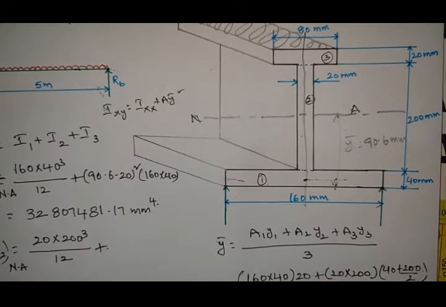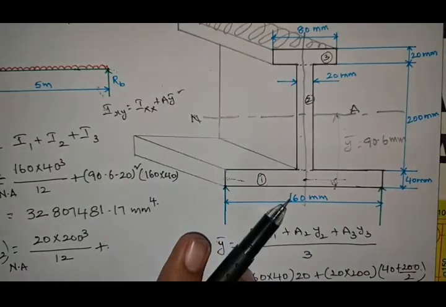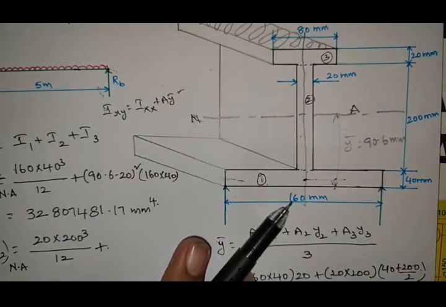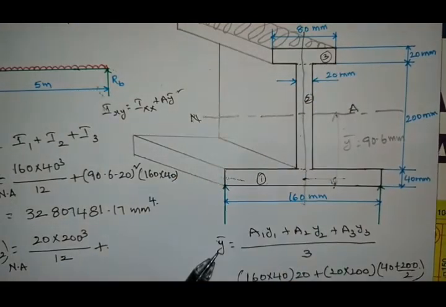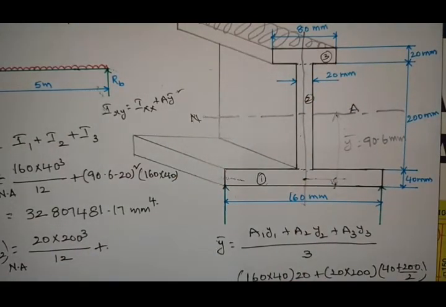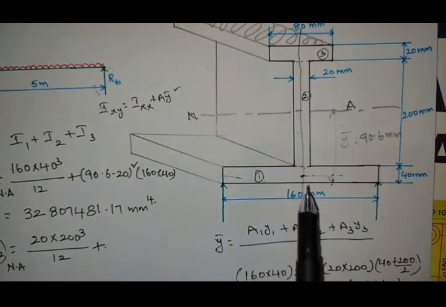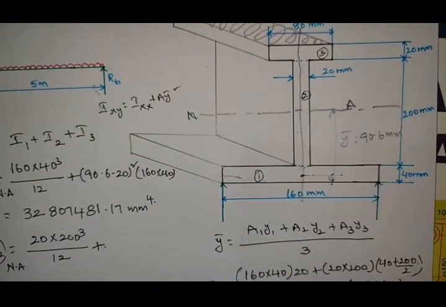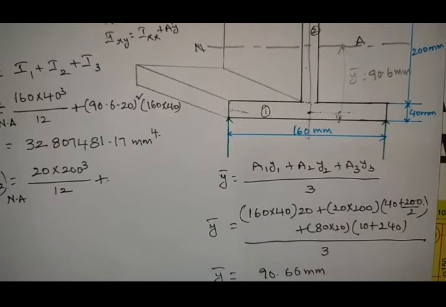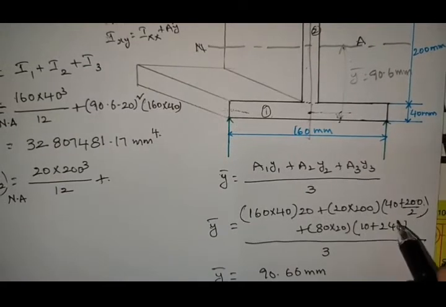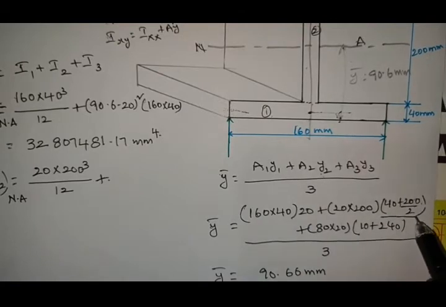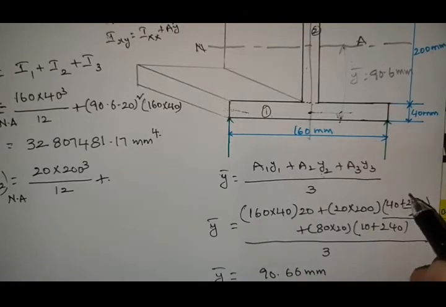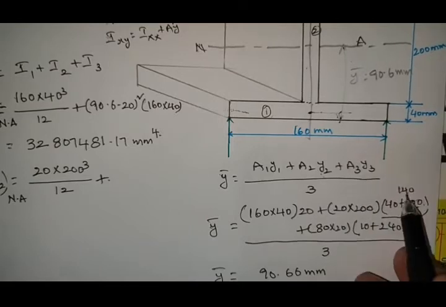So for this case, the center portion will be total 200, 240, 260, right? So only for this rectangle, the centroid will be at 140 distance. For the second one, the centroid distance is this one, 200 by 2 plus 40, that is 140. So 140